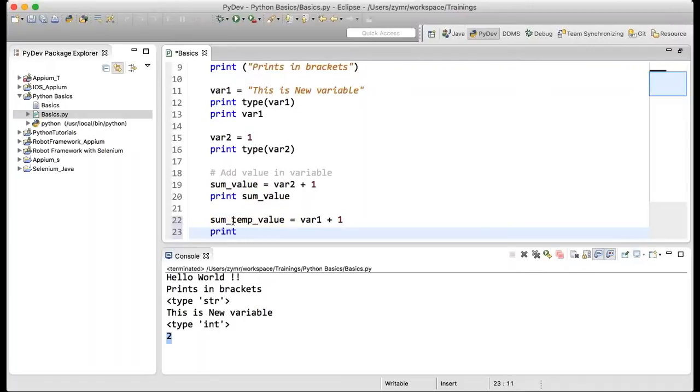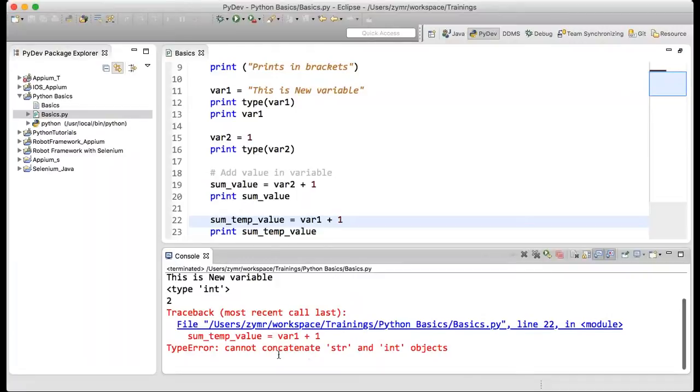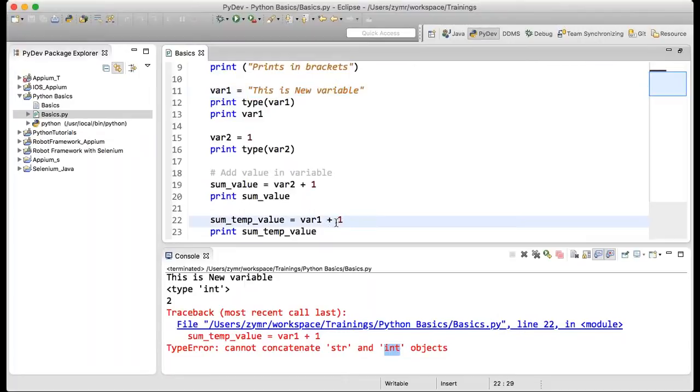And if I say I want to print this, what can we expect? We should expect an error because var1 is a string, and if we say plus 1, a string cannot be added to a numerical value. What it says is, cannot concatenate str type and int objects. It's quite obvious that this is a string and we can't add.